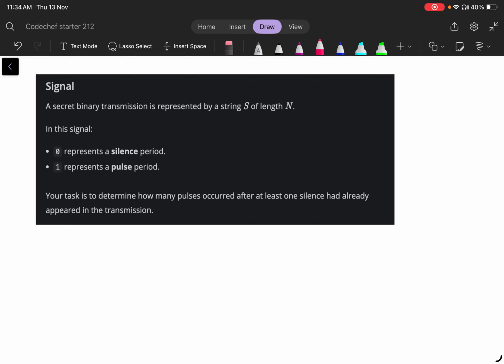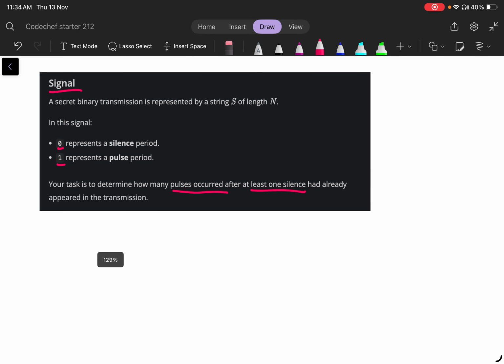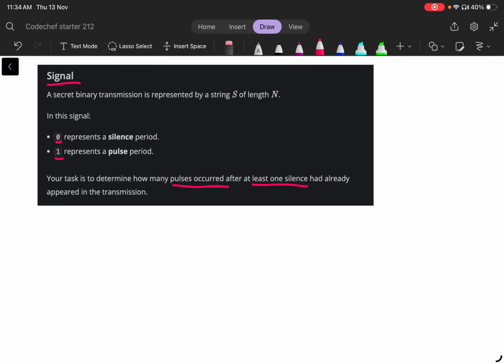Hello everyone. Let's try to understand the problem Signal from CodeChef Starters 212. The problem statement is very simple. We'll be given a binary string s of length n, which represents a signal. It will consist of zeros and ones, where zero represents a silence period and one represents a pulse period. Given this string, our task is to determine how many pulses occurred after at least one silence had appeared. To put it in simple words, we just have to count the number of ones after at least